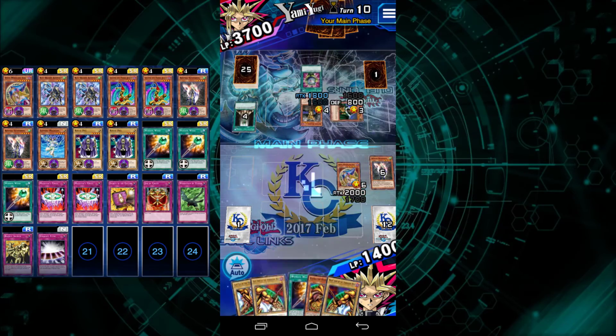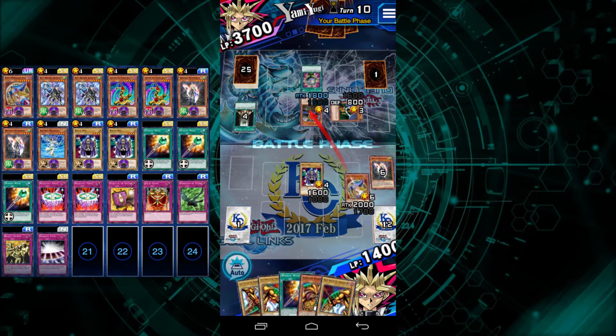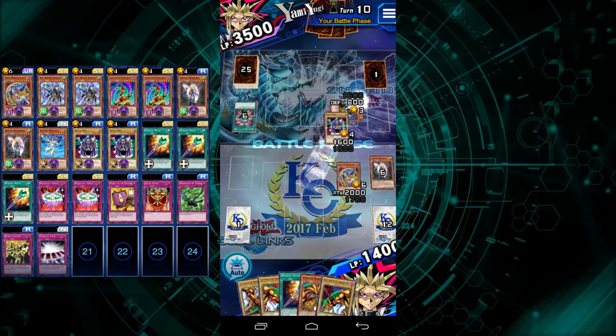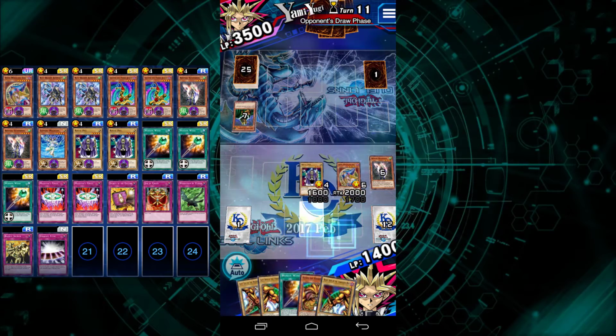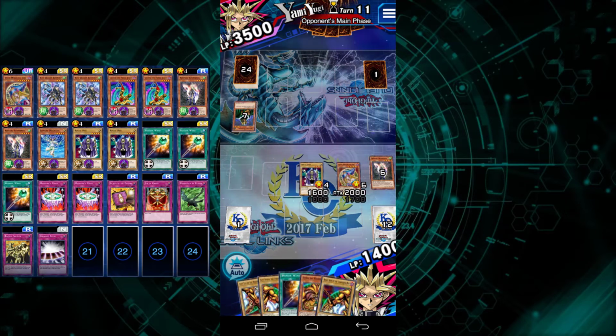So right here I go for another field control play, where I just try and remove everything I can from his side and maintain stuff on my side. Not using my Wonder Wand preemptively, I just am holding on to it, focusing on field control for now, and then when the time comes, I'll go ahead and use that Wonder Wand to draw. So from here,